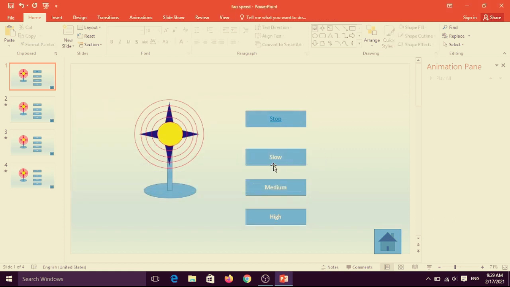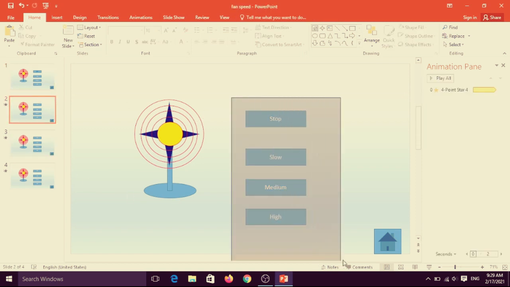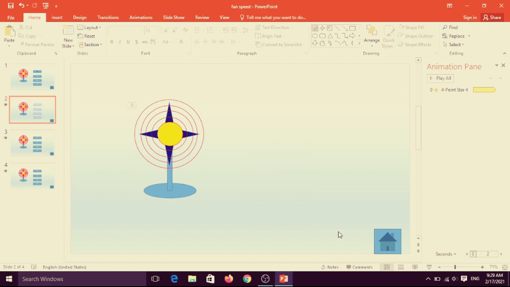Means you have to give the command on that one, and it is on first one. Then after all button you have to select copy, and in other one you have to just remove that one and paste it.